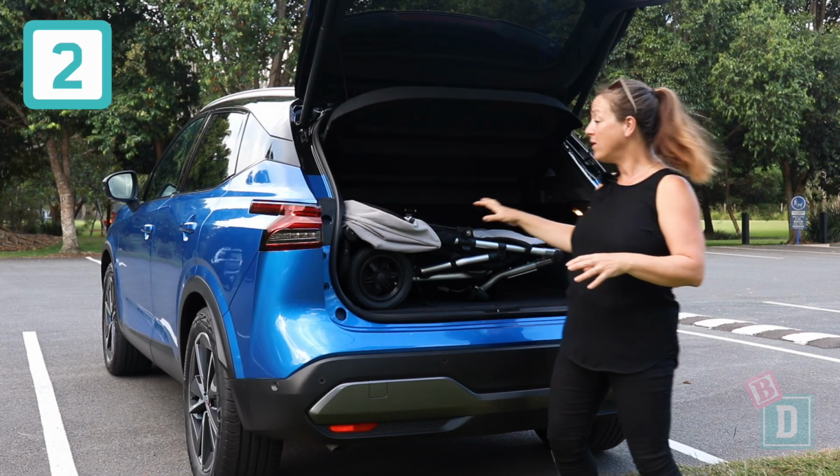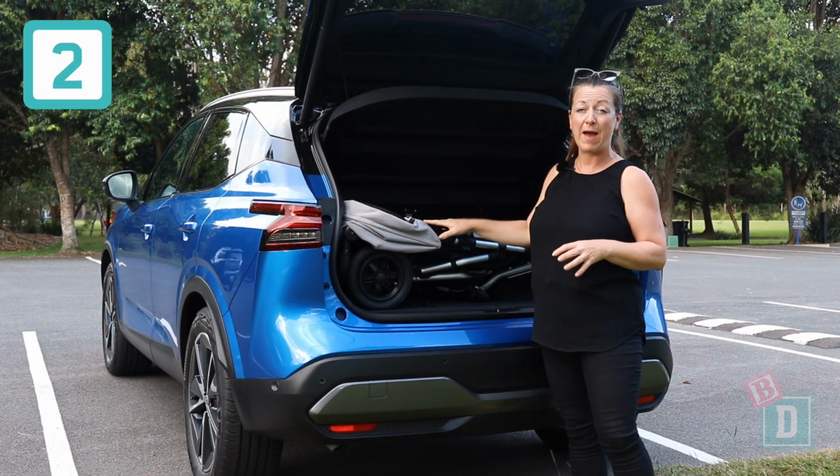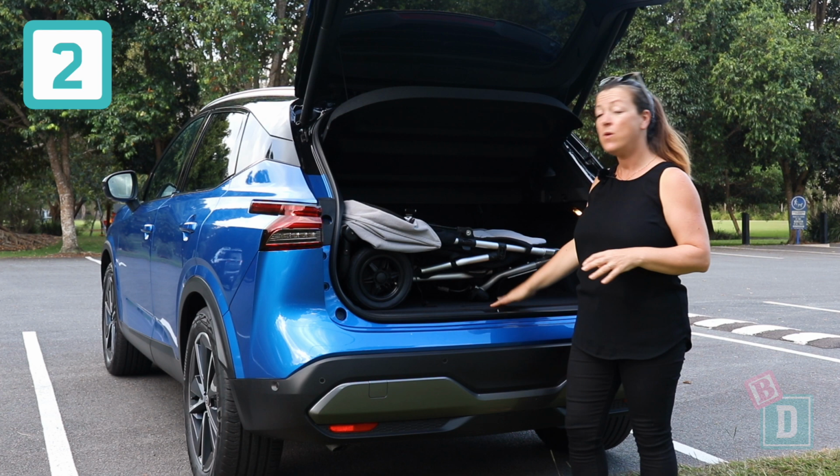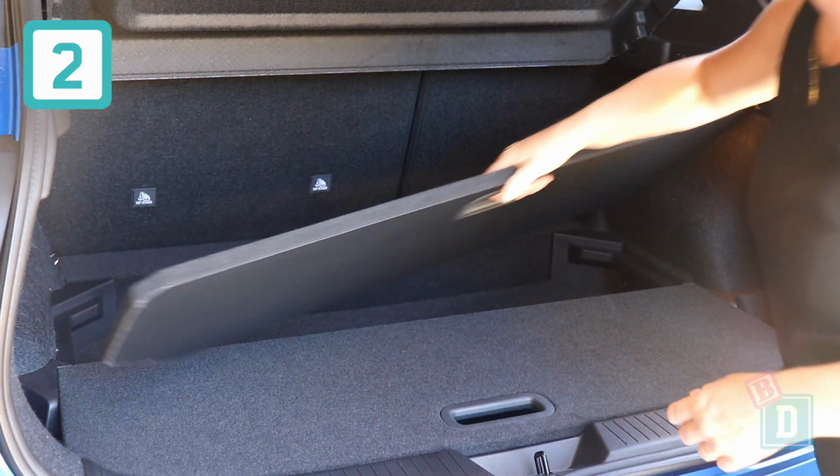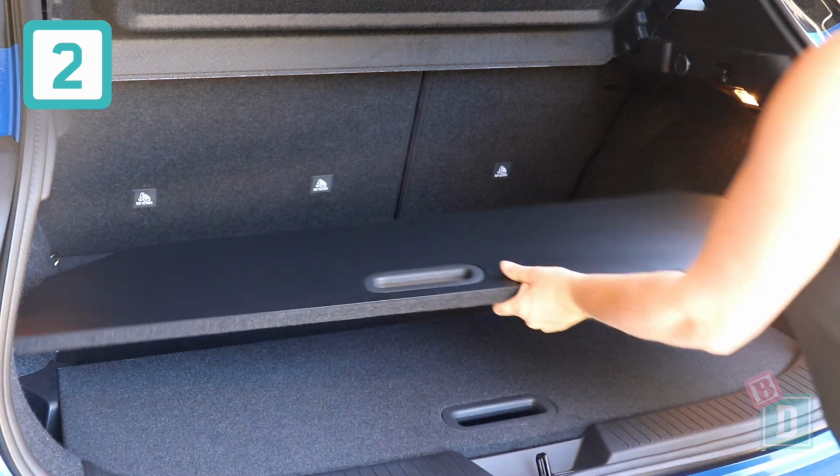Number 2 is the boot of the Nissan Qashqai. Not only is it big enough for a twin pram and a bit of shopping, but also the boot floor is really adaptable. You can either turn the boot floor over so you've got a nice wipe clean surface for